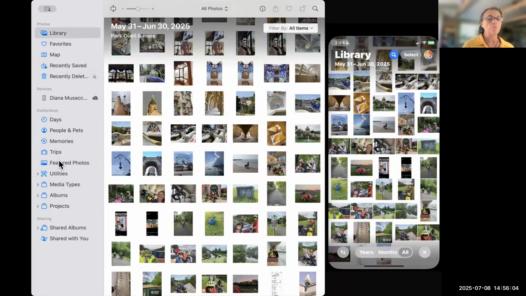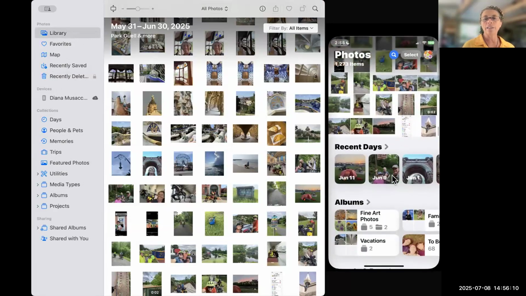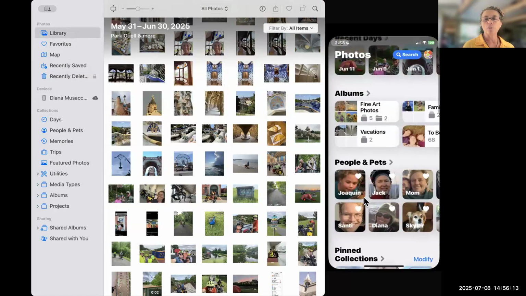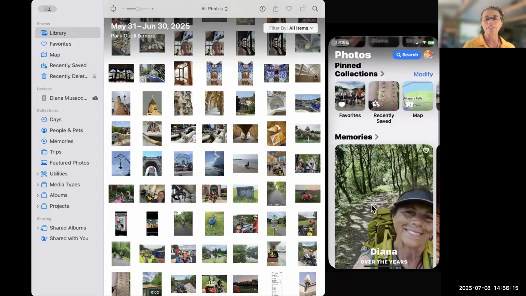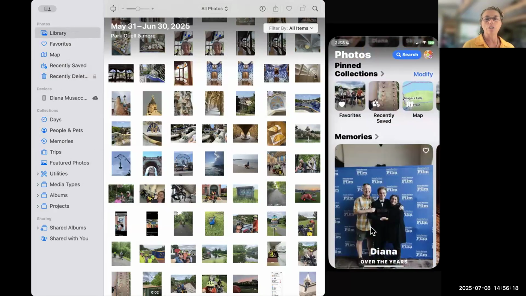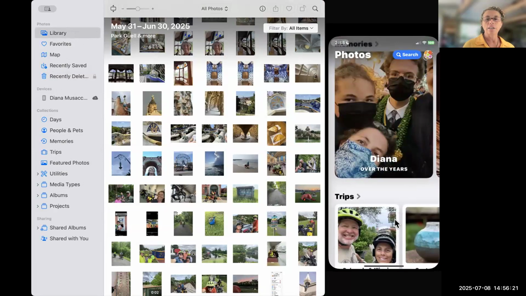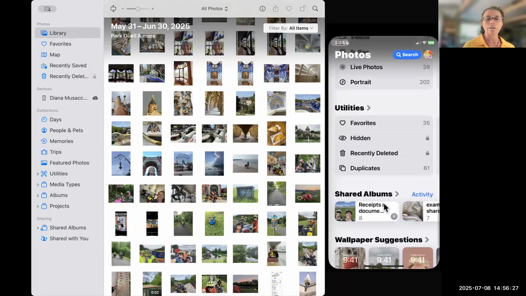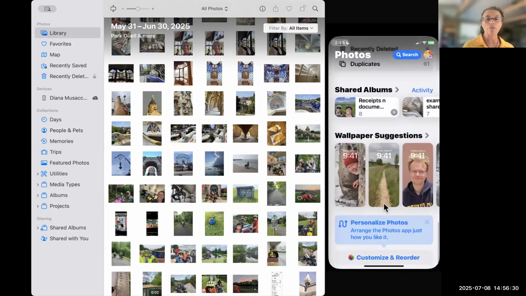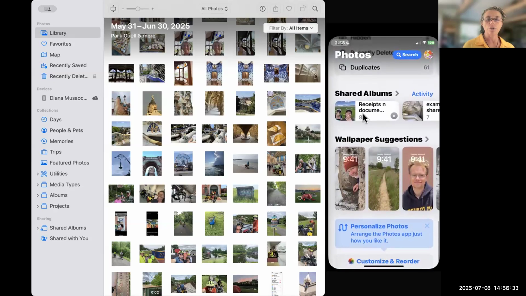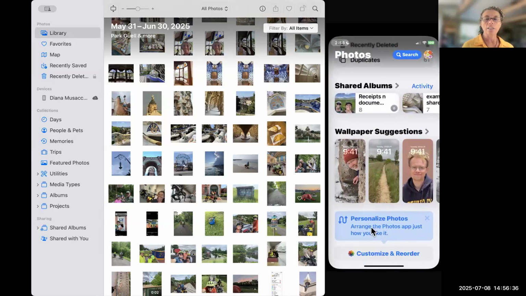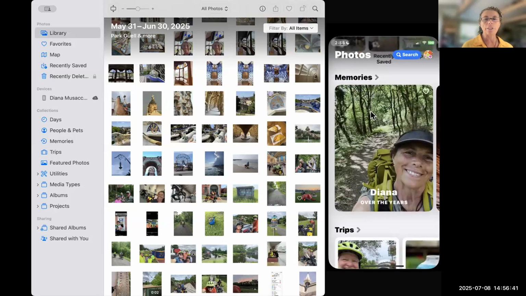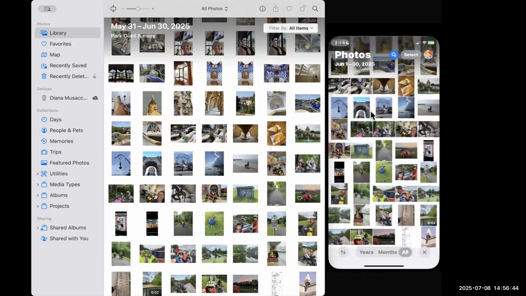It's visible. It's available. Where do we find that on the phone? We need to start scrolling up. And then here we go. Recent days, albums, people and pets, pinned collections, memories. So they're not in the same order. The stuff is all there. Trips. So we're going to start talking about what of this is where and how we can change that, and can we move it ourselves. There's a couple of other choices like personalize the photos app at the very bottom. How do you like it? So maybe you want to see the shared albums at the top, or maybe you want to see something else at the top. But right now,